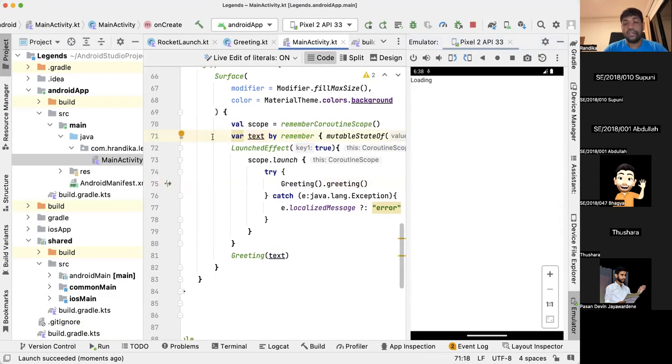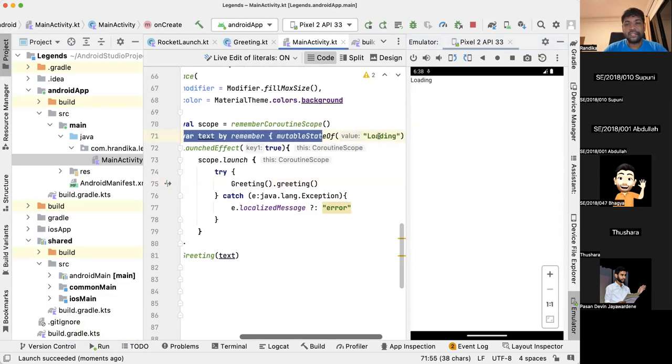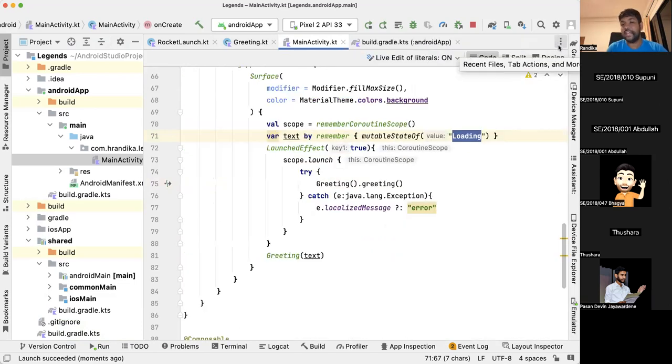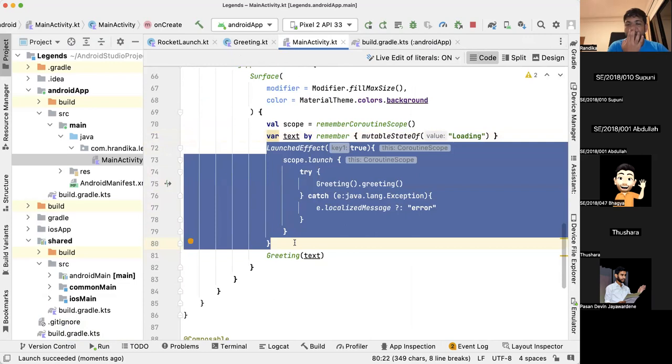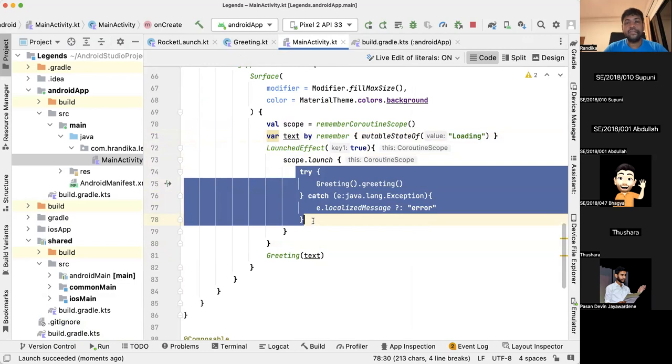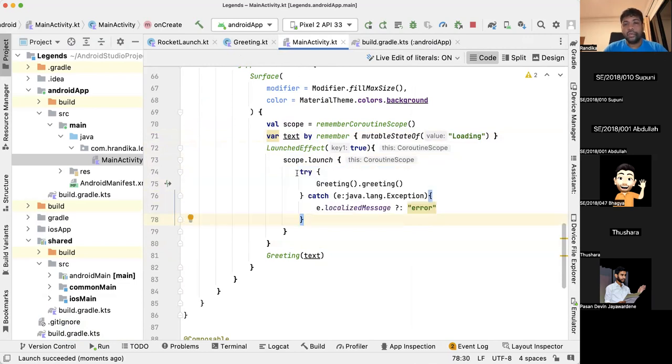Since it is not assigned, it will be showing this mutable text "loading" as the beginning of this text. Okay, it's not changed right now. So what we need to do is, after this coroutine is executed, after this effect is executed and everything is done perfectly, we need to give this value to the text value we are expecting. So we can say, okay, get the text and assign it to greetings. Okay, and if you run it again,